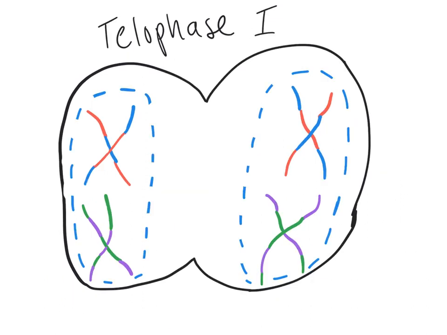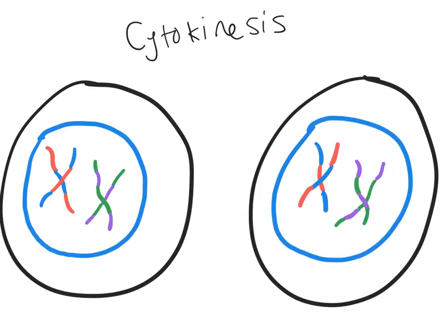In telophase 1, you can see these sister chromatids now, because it's just 2 of them, are still mixed up, still a hodgepodge of mom and dad genes, and the nucleus is starting to reform. That's about all that's happening in this one. It's that the cell's kind of getting ready to divide. In cytokinesis, the cell is finally split in two. We have one cell here, two cells here. They've got their brand new unique DNA, and the nucleus is completely reformed.